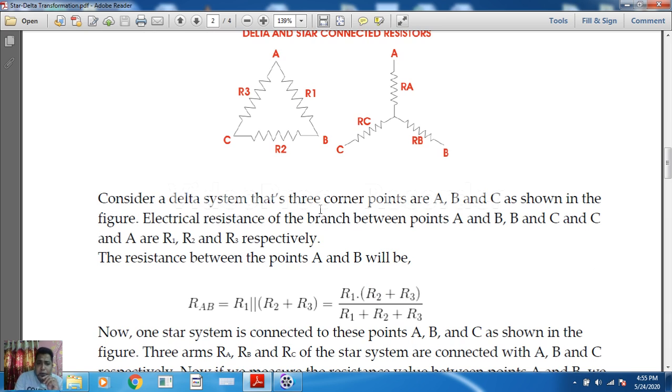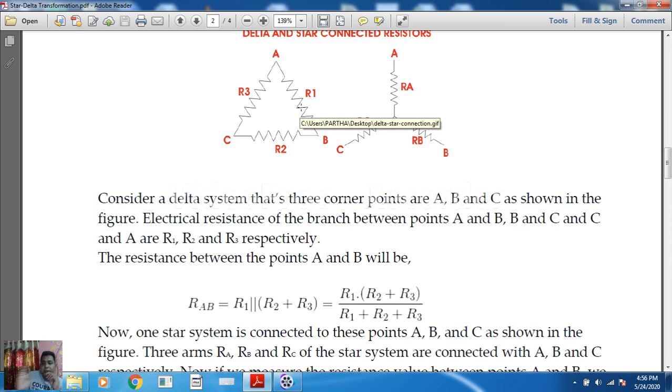Okay, so now think about what is the resistance between A and B in the case of the delta connection. Just follow my pointer. Between A and B, see what is the resistance? At the A node, R1 and R3 are connected. At the B node, R2 and R1 are connected. So what is the combination? Which are in series, which are in parallel?